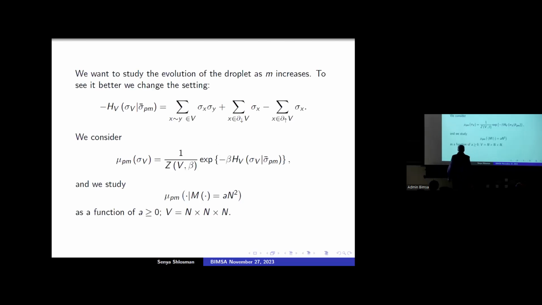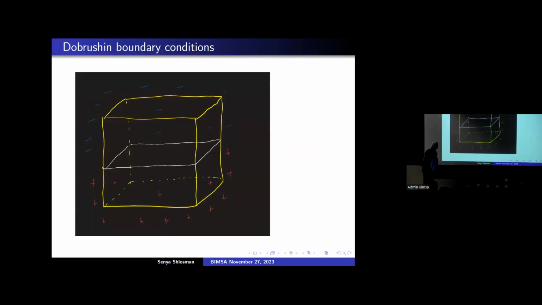Okay. So let's go back to the Ising model. Now that I told you the answer, which will appear later, let me tell you a question to which that is an answer. As I told you, we want to study this Ising crystal of one phase in the other phase, and we want to build it layer by layer. Let me show you a picture.